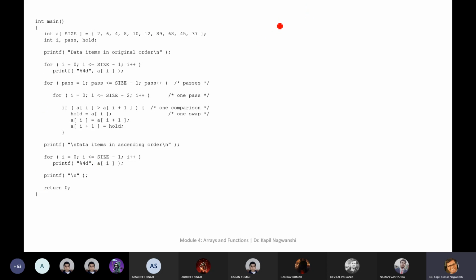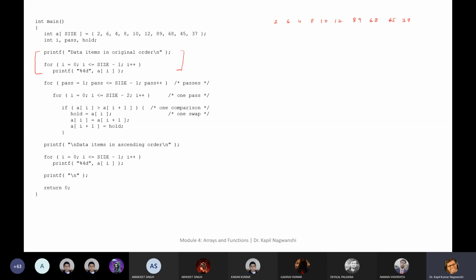We are just looking at this example: 2, 6, 4, 8, 10, 12, 89, 68, 45, and 37. This is our written thing, and this will display the same thing.